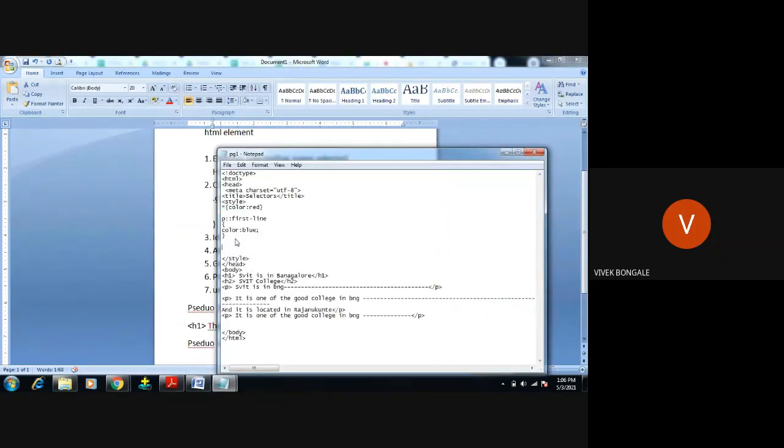Before that, we have to give the hyperlink to apply this pseudo class. Pseudo class is basically used for hyperlinks only, right? So paragraph, then I will use a hyperlink here. For a hyperlink, we have to use the anchor tag, href equals